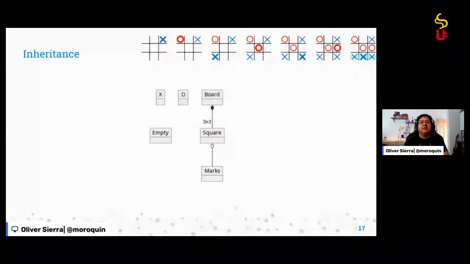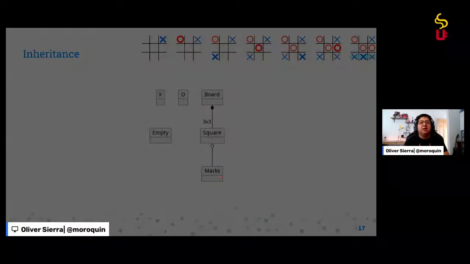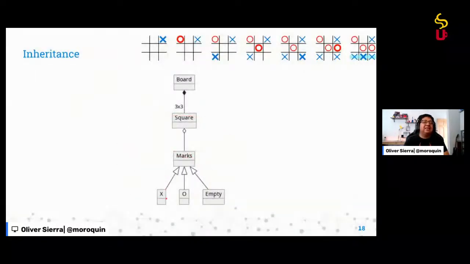Okay, then we understand that this mark can have different values. It could be empty, it could be X, it could be O. So this mark itself, we can say that X, O, and empty are a specification of a mark, or the mark is a generalization like that. And we can see it as inheritance, because an X mark inherits from a mark, but it's a specialization of a mark, because right now here we are